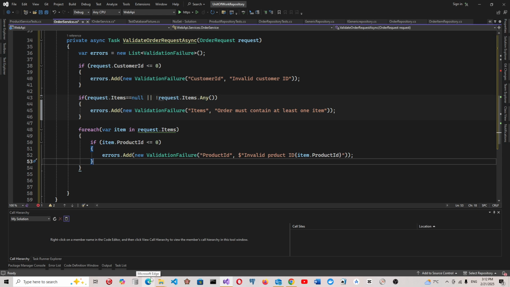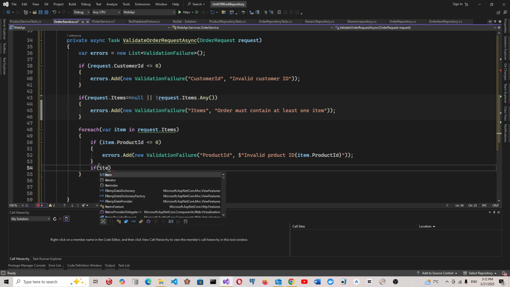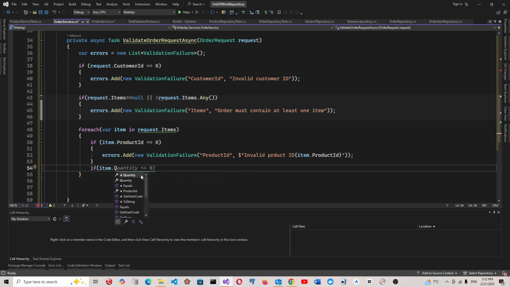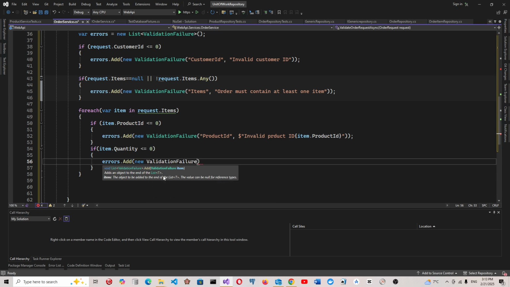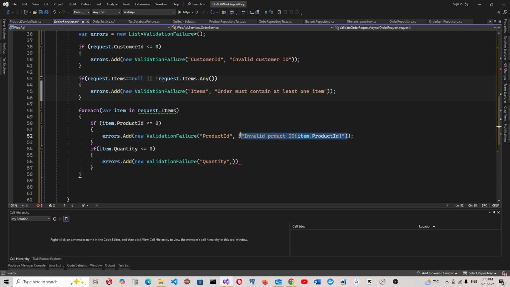And so what happens is if item dot quantity less or equal to 0, and this we will say errors dot add new validation failure of quantity, and that will be invalid product quantity or product